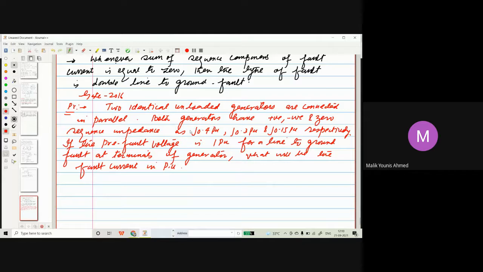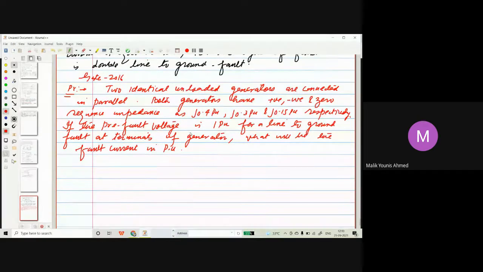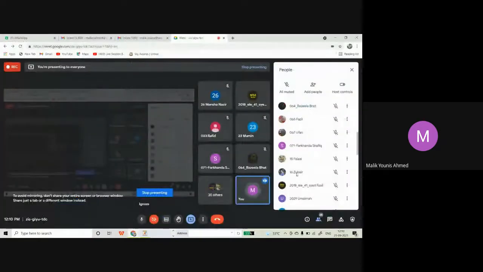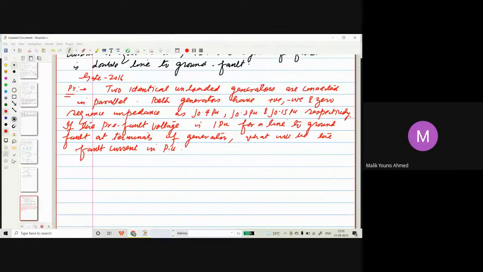Okay, shabash. Try to solve this, Mumin or Mansha, Rutba. Sana is not there. Whosoever are there, try to solve this question. Roll number 29, 2029. Yes, sir. How can we solve this question?